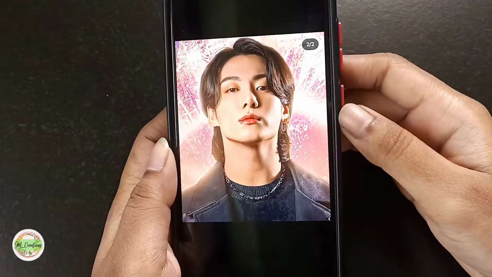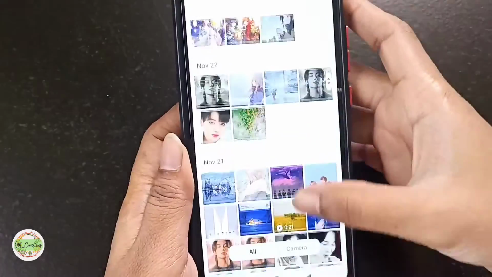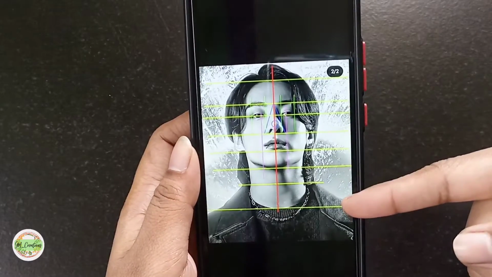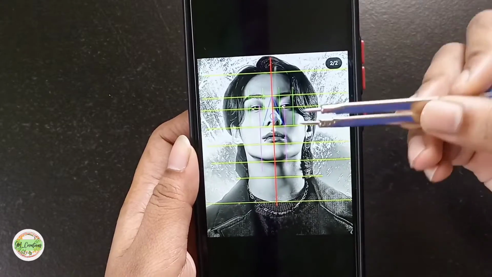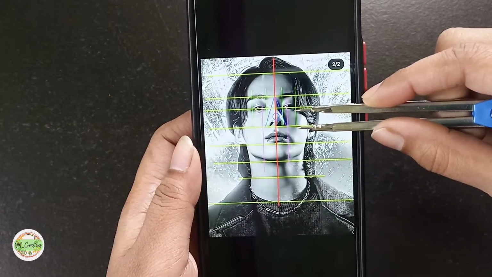If you are a beginner, take any picture and convert it to a black and white image. After this, divide all the parts of the face with lines. Now you can measure all the lines using a divider. I will cover all the techniques in my next video.